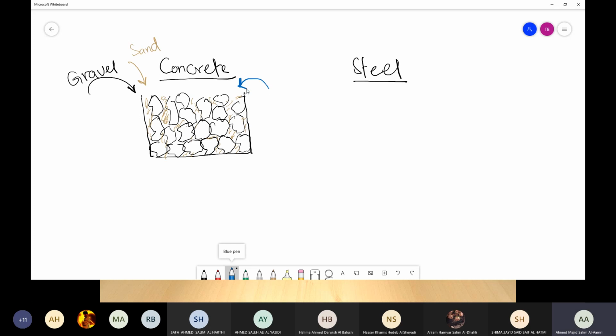Now, if I bring cement and then stone and then sand, will it be sufficient to glue these three, or do you need water as well? Yes, water. Okay, so we have gravel, as we said, we have sand, and we have something called a binder. And this binder consists of cement and water.